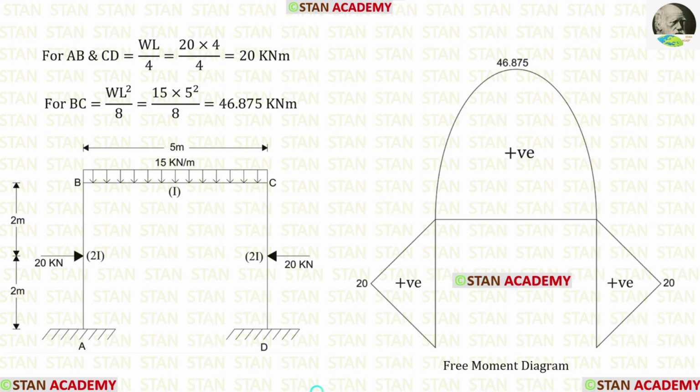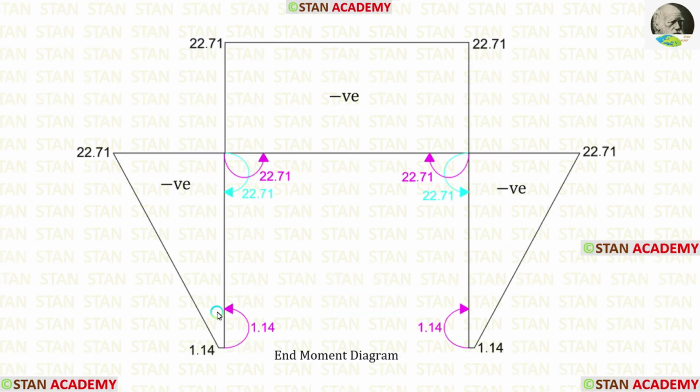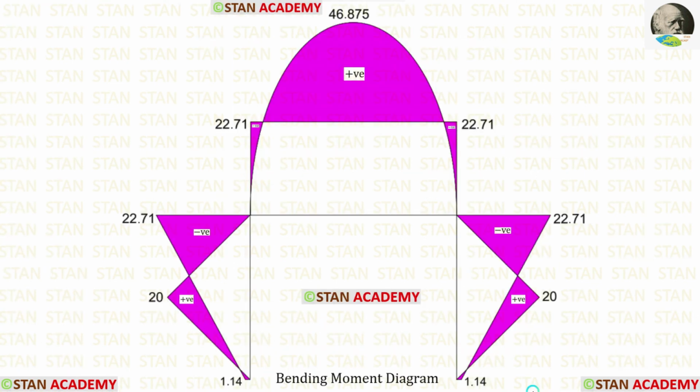Now we are going to draw the bending moment diagram. For that, first we have to make the free moment diagram. For the free moment diagram, we have to assume all the spans are simply supported beams. Using these formulas, we can find the moments. Then, using the direction of the end moments, we can draw the end moment diagram. Then, we can combine the free moment diagram and end moment diagram so that we will get the bending moment